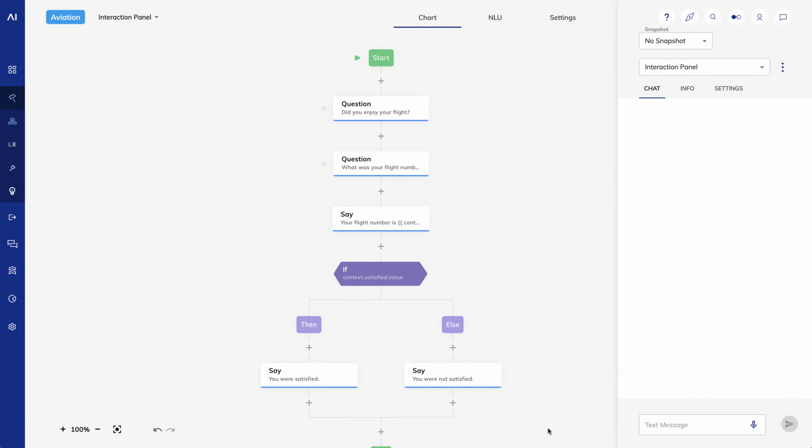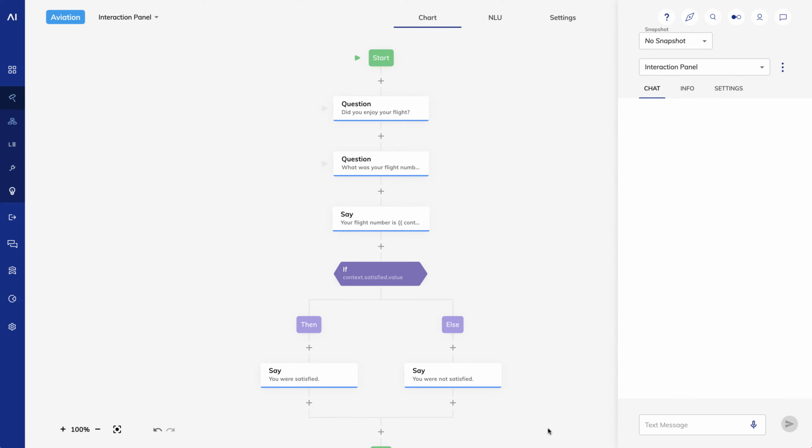Two, why store things in the context? The idea behind the context is that you often want to collect information from a user and make it available later in the conversation. So if the user asks for the status of flight UA277, we should remember that. Later in the conversation, if they ask us what baggage carousel they should go to, we shouldn't have to ask for their flight number again because it's already in the context.